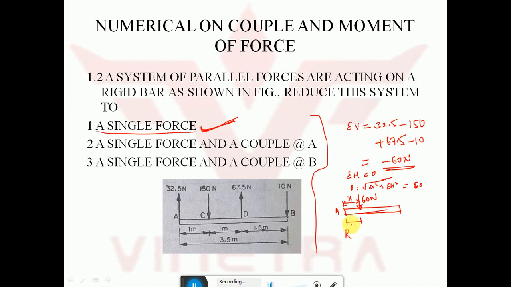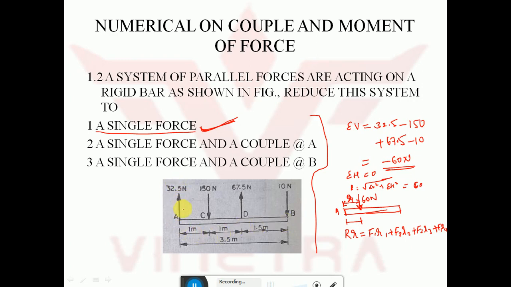Resultant R into perpendicular distance. Perpendicular distance I will denote by small r, as we are doing. Small r is equal to F1 into r1 plus F2 into r2 plus F3 into r3 plus F4 into r4. So see here, four forces are there, so I have written as per that. What Varignon's principle says is that the moment produced by the resultant is equal to the algebraic sum of the moments produced by the individual forces about the chosen point. Okay, so the chosen point is point A.